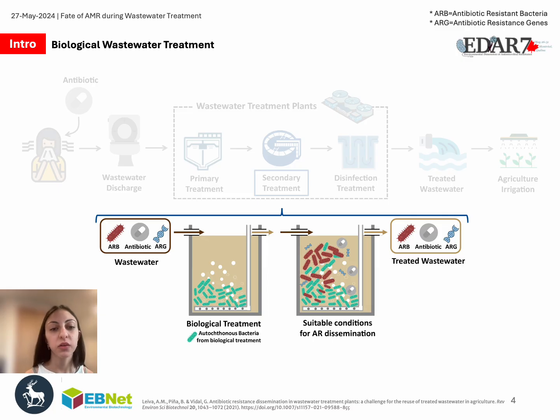And when we refer to secondary treatment, we mainly mean biological treatment, where microbial communities perform the aforementioned treatment of wastewater, while they're also exposed to other contaminants such as antibiotic-resistant bacteria, antibiotics, antibiotic-resistance genes, and other pollutants that altogether create suitable conditions for antibiotic resistance dissemination and further spread to the environment through treated wastewater, as wastewater treatment plants are not designed to remove antimicrobial resistance.